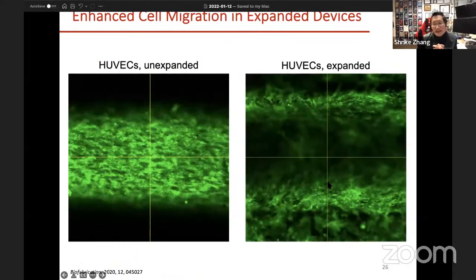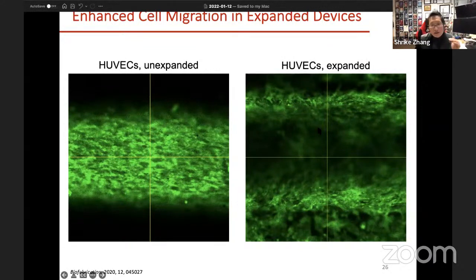And then the same procedure for cell seeding, right? So basically all the cleaning and sterilizing and then rehydrating the device. And then if you put cells in there, what's different, you can see, is that without any expansion, the original device, the old version, if you have endothelial cells within a channel, the cells are pretty much staying within the channel